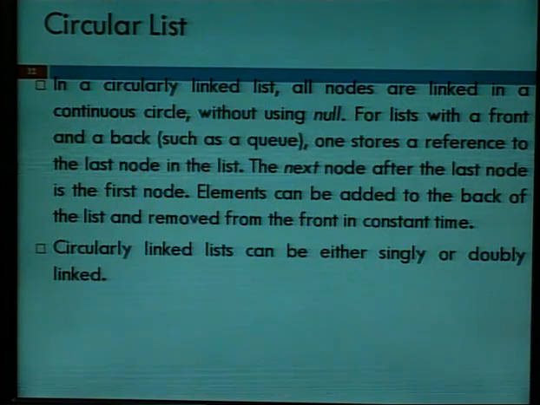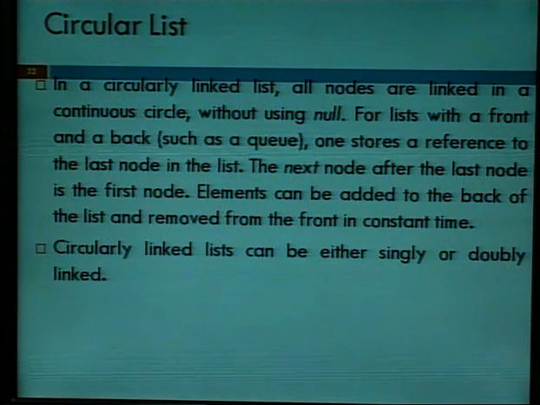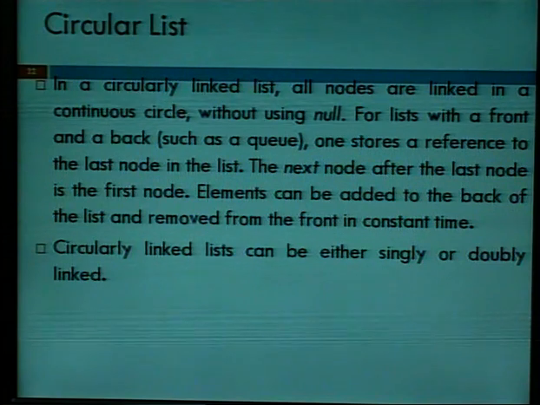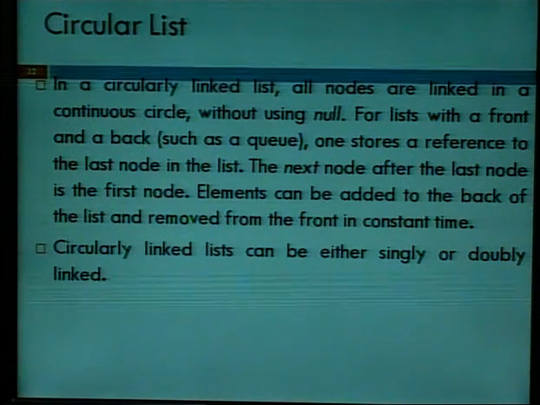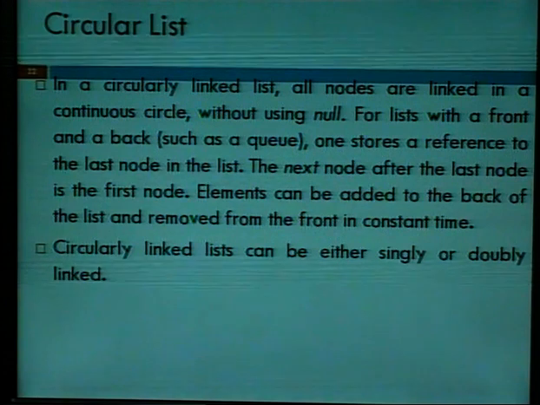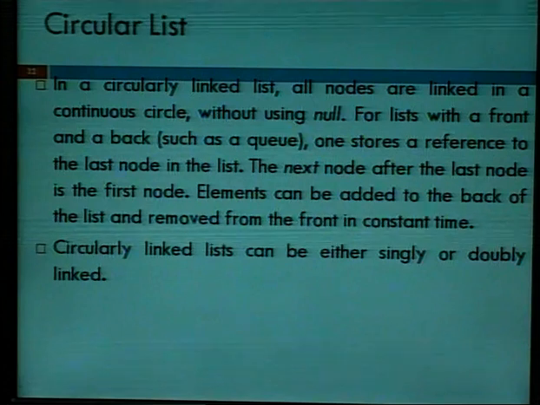ਜਿਹੜੀ ਸਰਕੂਲਰ ਲਿੰਕ ਲਿਸਟ ਆ ਉਹ ਕਦੀ ਵੀ ਆਪਣੇ ਕੋਲ ਖਤਮ ਨਹੀਂ ਹੋਏਗੀ। It is like a circle because the next part of the last node contains the address of the first node again. ਉਹ ਜਿਹੜੇ ਲਾਸਟ ਨੋਡ ਦਾ ਨੈਕਸਟ ਪੁਆਇੰਟਰ ਆ ਇਹ ਆਪਣੇ ਕੋਲ ਸਟੋਰ ਕਰੇਗਾ ਫਸਟ ਨੋਡ ਦਾ ਐਡਰੈਸ। ਇਟ ਮੀਨਸ ਇਹ ਲਿੰਕ ਲਿਸਟ ਕਦੀ ਵੀ ਖਤਮ ਨਹੀਂ ਹੋਏਗੀ ਕਿਉਂਕਿ ਇਹਦੇ ਵਿੱਚ ਕਿਤੇ ਵੀ ਸਾਡੇ ਕੋਲ ਨਲ ਪੁਆਇੰਟਰ ਨਹੀਂ ਆ ਜਾਂਦਾ।